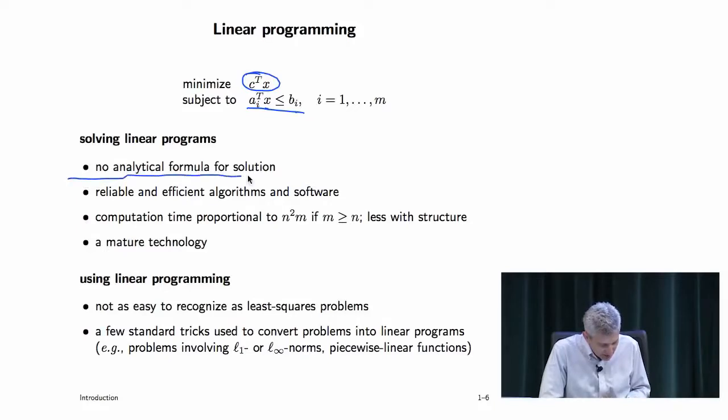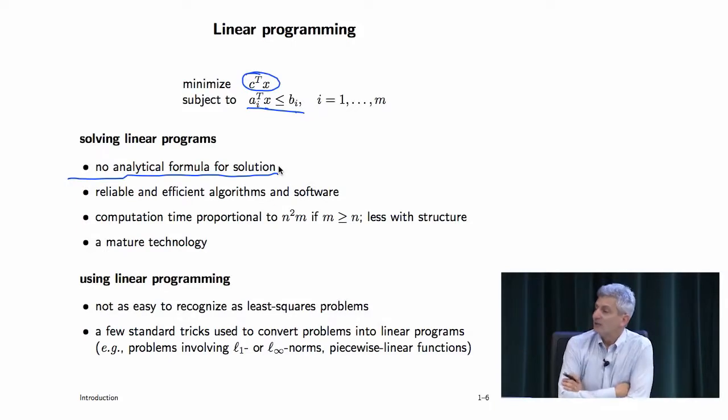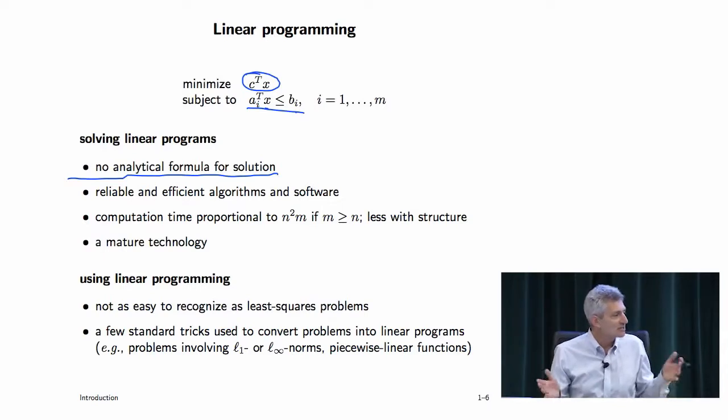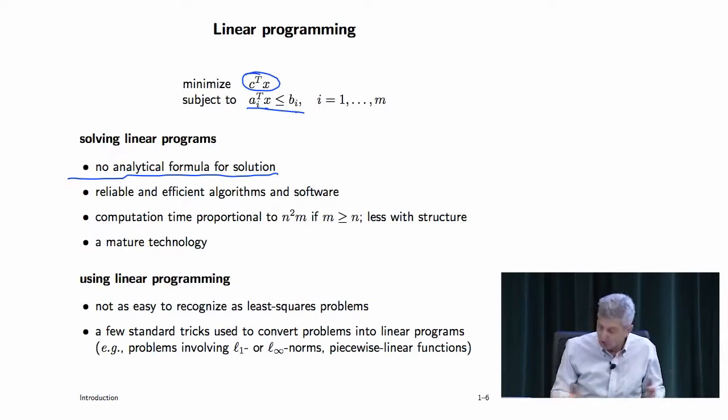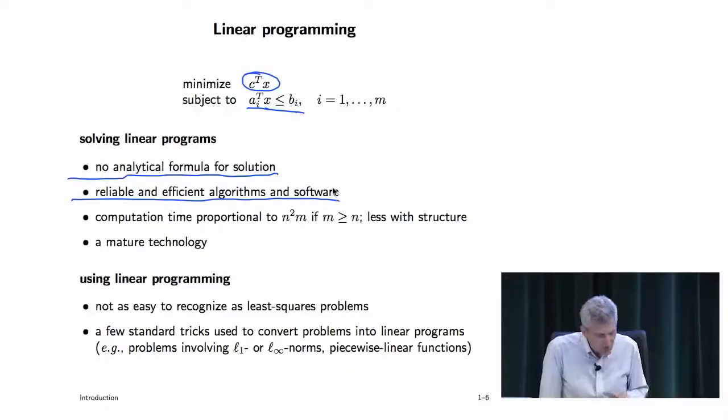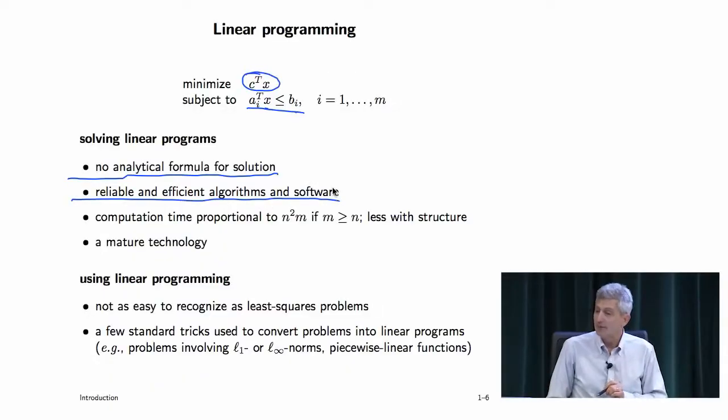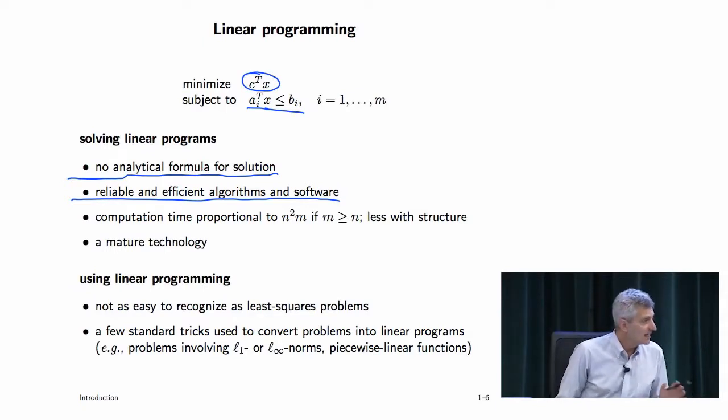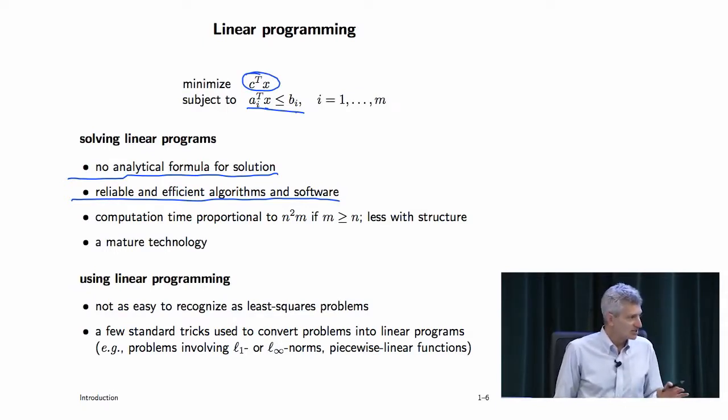But here's the interesting thing. Except in completely trivial cases, there's no analytical formula for the solution. There's nothing like A transpose A inverse A transpose b. I mean, there are for completely trivial special cases, but in general, no, there's not. Here too, there are reliable and efficient algorithms and software to solve linear programming problems, and it's just as reliable as least squares. Maybe not just, but it's very reliable,